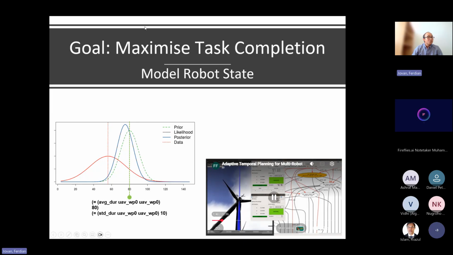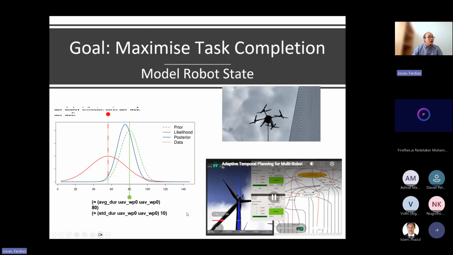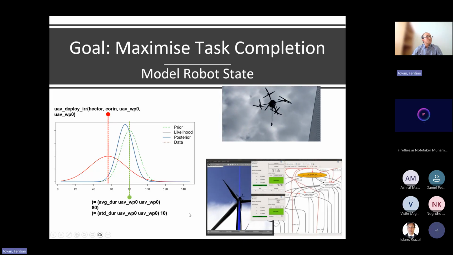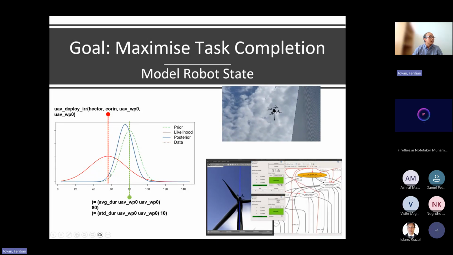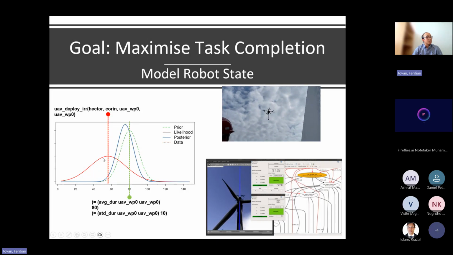Now let's assume that we execute an action to deploy the crawling robot. The action looks like this, in PDDL format. After you execute that once, you will get some data, how long it takes to execute.